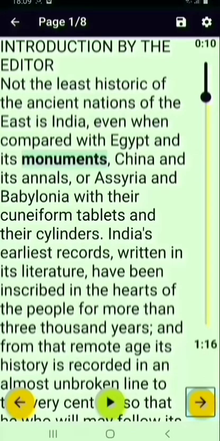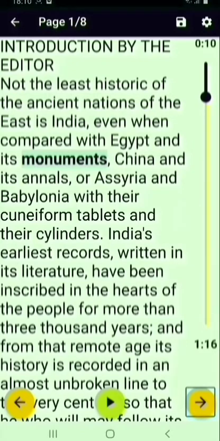Whenever you use the same TTS engine for both the InstaReader app and for TalkBack, for example, let's say you are using Google TTS for your TalkBack and you have set the same Google TTS in the InstaReader app also. While the audiobook is playing, if you initiate TalkBack by swiping left or right on the screen, the audiobook will stop playing automatically because both use the same TTS engine.